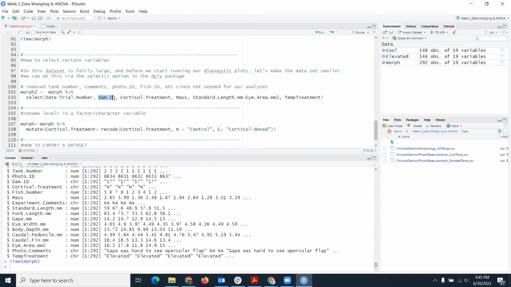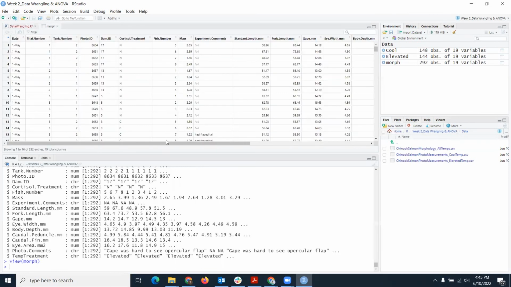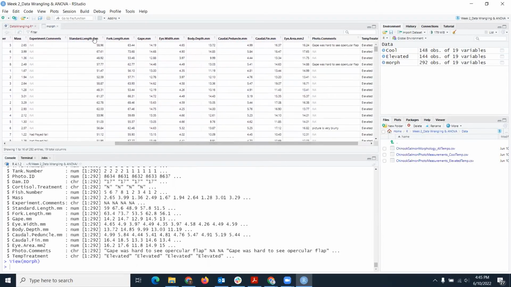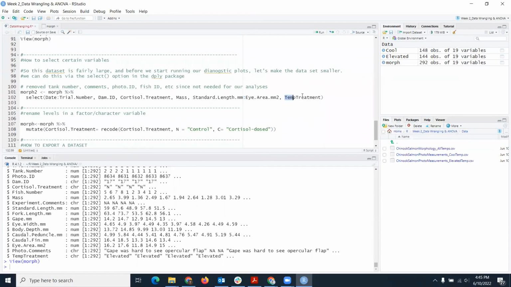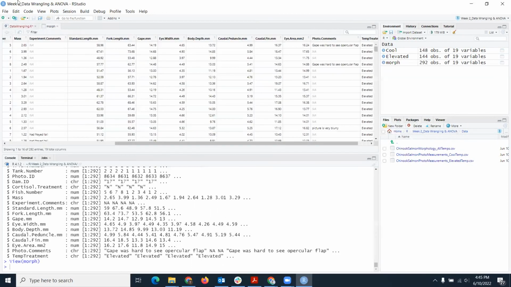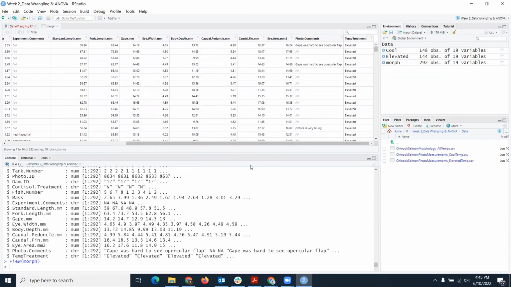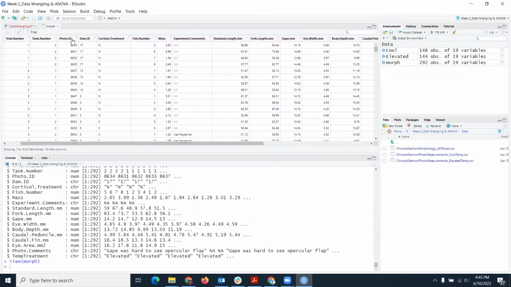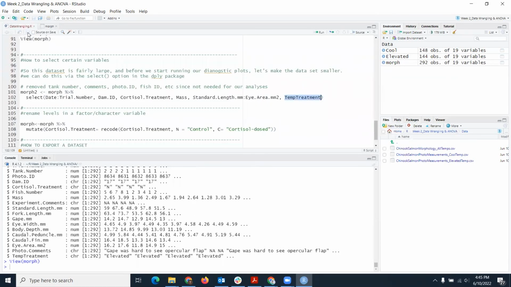So in this case, I kept my maternal or DAM ID, I kept my cortisol treatment, kept my mass. And then again, I use that colon method to keep everything between the first morphological length measurement to the last one, which was eye area. And I also kept the temperature treatment column as well. So essentially I got rid of some of the comment sections, and the photo comments as well as photo ID and stuff like that, because that isn't as important for what we'll be doing in the workshop